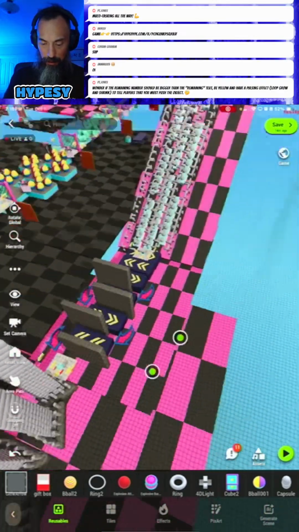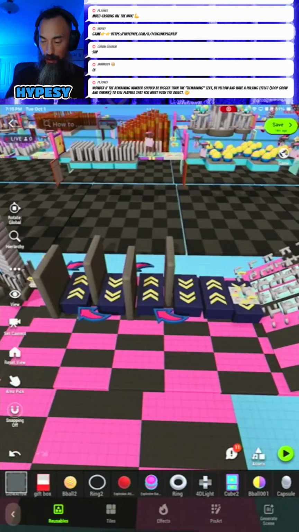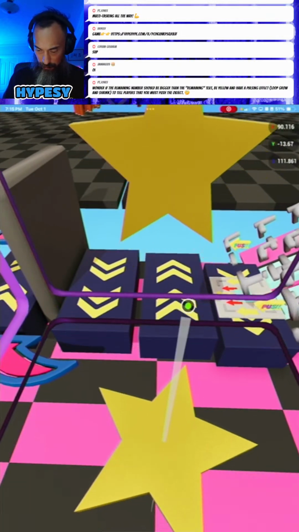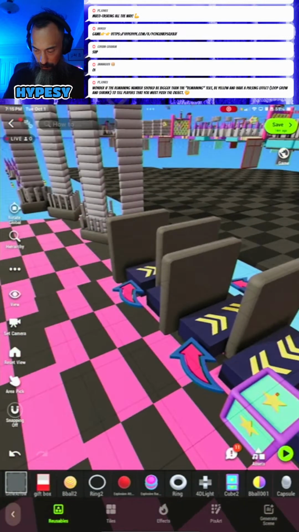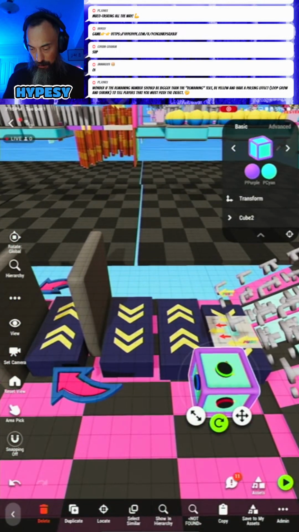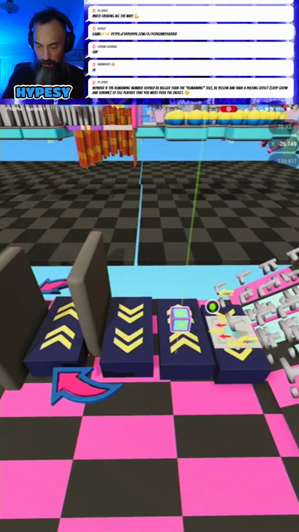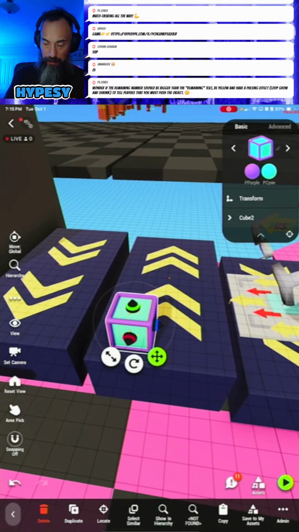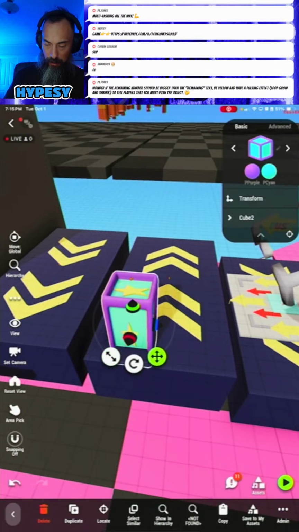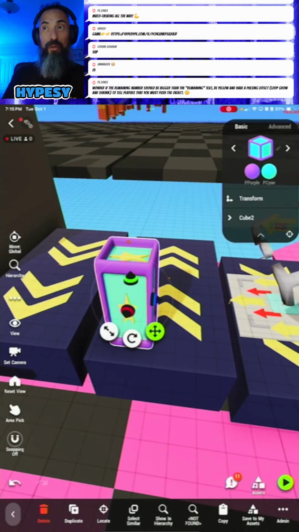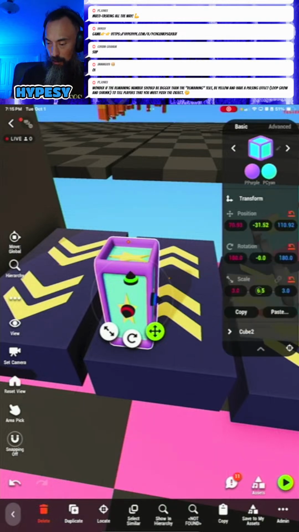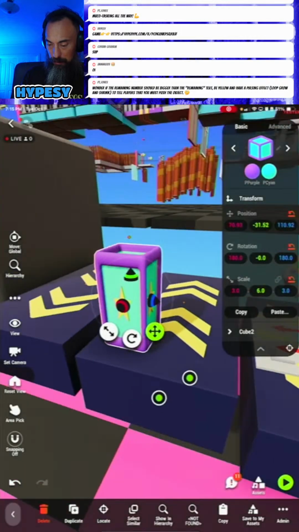What is that over here? So I want to add some cubes over here. And let's make these a little long. So I guess not cubes, rectangles. Let's go 6.